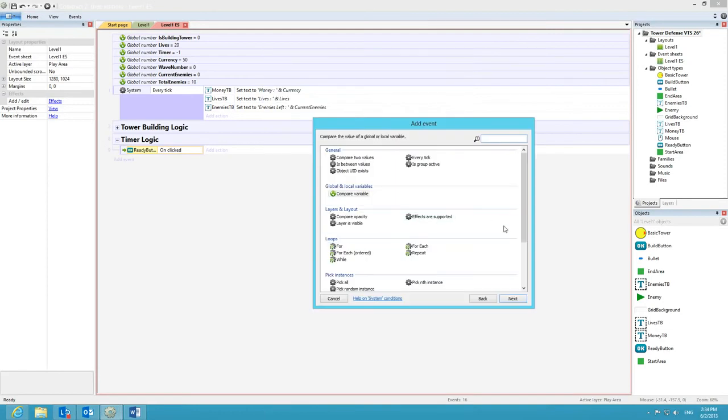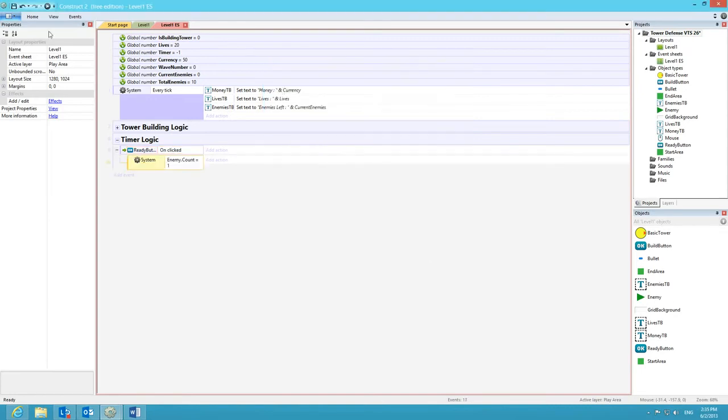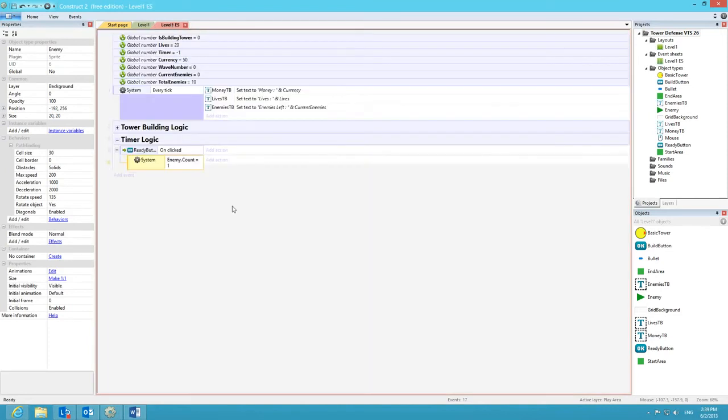Okay, let's compare two values. The first value is enemy dot count. If it's equal to 1, now if the enemies count equals 1, which we actually already have one enemy here, as you can see, so if it's 1,